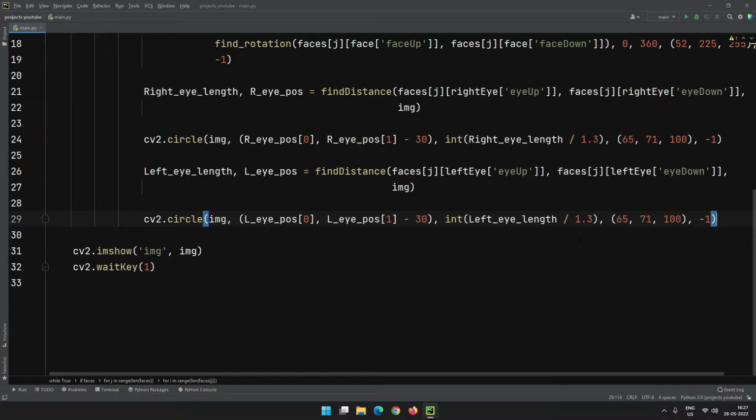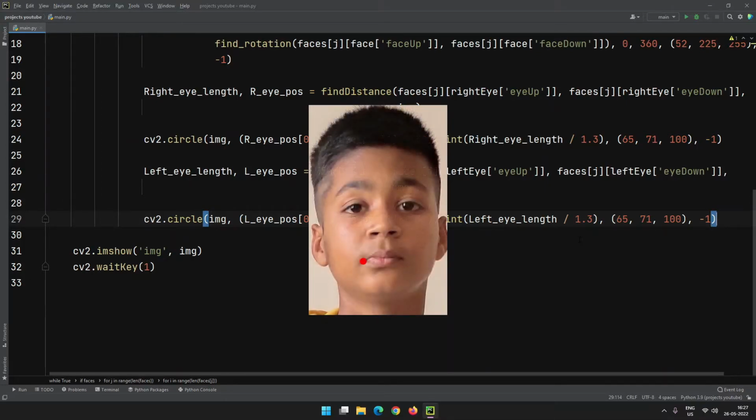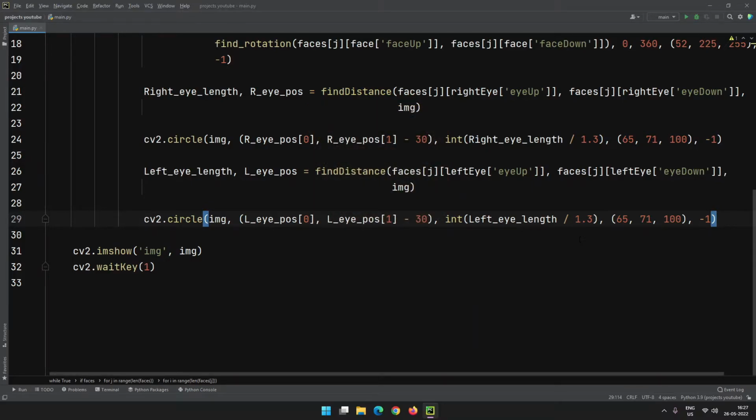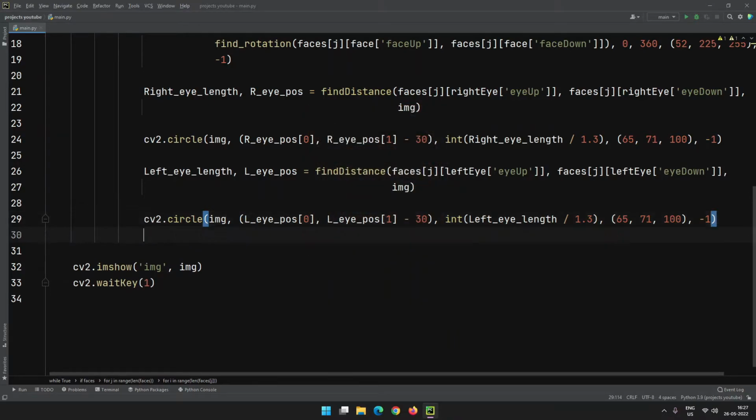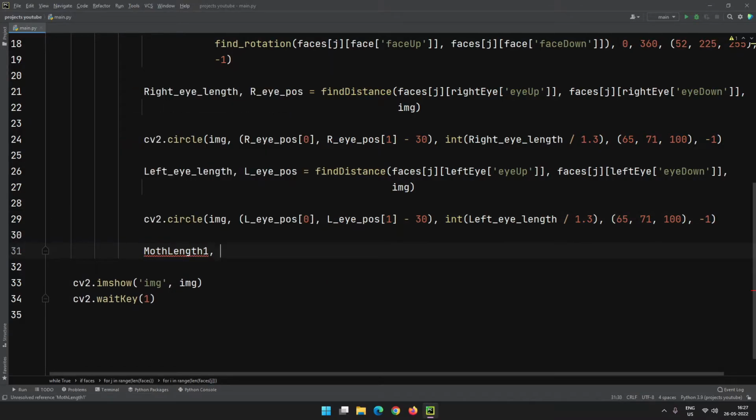Now we will draw the mouth. For that we have to find the lengths of the mouth, that are mouth length 1 from the left corner of the mouth to the right one, and mouth length 2, that is the length from the mouth's upper lip to the lower one. Now we have to type mouth length 1 and mouth position